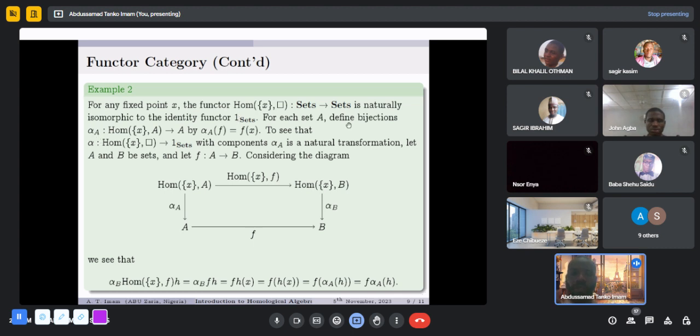So what we did here is to define the component of the natural transformation, alpha A. If you take alpha A, it will now be from the image of A under this hom functor. The image of A under the hom functor is hom of the singleton, comma A. This is the set of all morphisms from the singleton into A. And then you map it to A, because A is the image of every object under the identity functor, because the identity functor is fixing every object and also fixing every morphism. So we define alpha A of F to be equal to F of X,